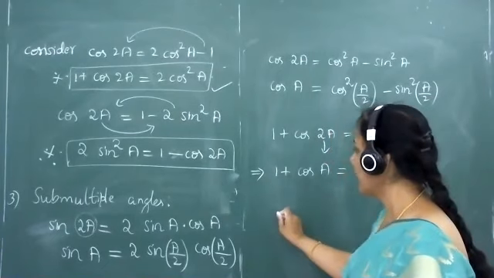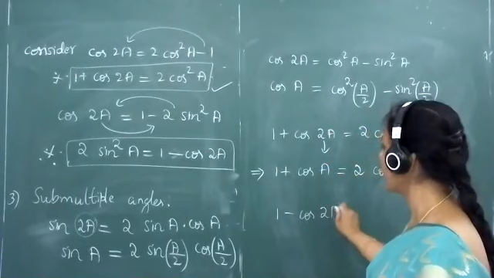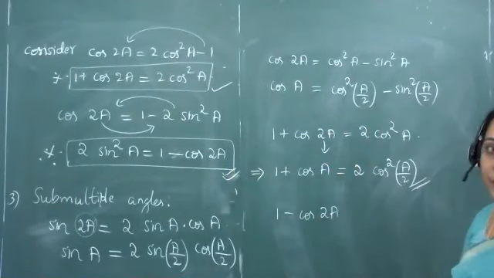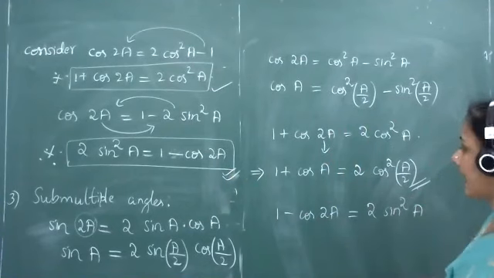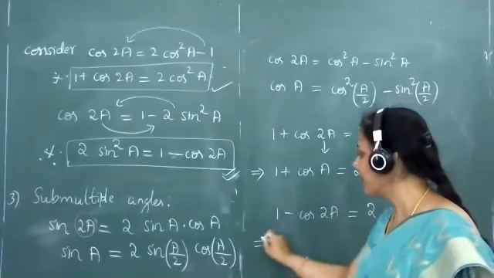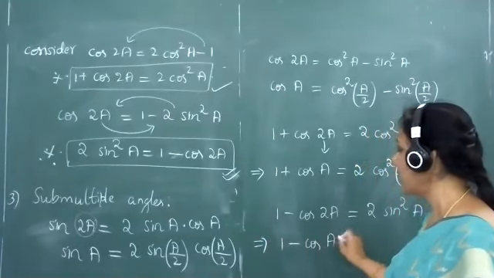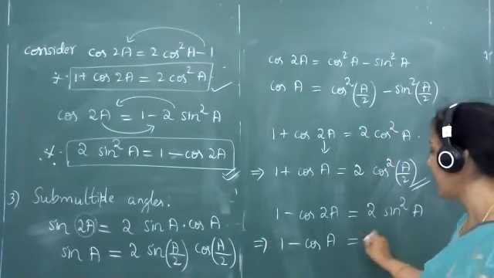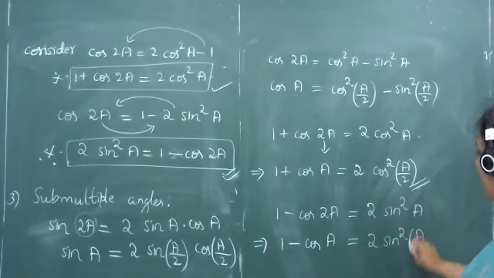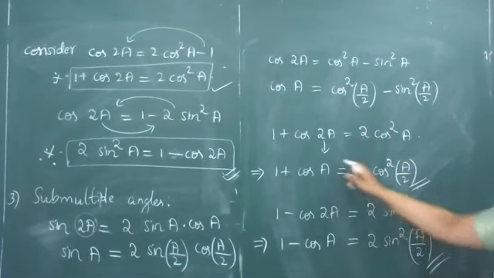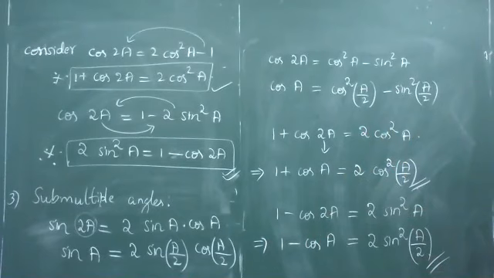Likewise, we go ahead with the last one, which is 1 minus cos 2a. What is 1 minus cos 2a taken as? 1 minus cos 2a will be equal to 2 sin squared a. Here again, replace angle 2a by angle a. So what happens to 1 minus cos a? It will now be equal to 2 sin squared half the angle A, and so you will find this as 2 sin squared A by 2. So these are a certain set of submultiple angle formulae that we need to learn from the same set of multiple angle formulae.